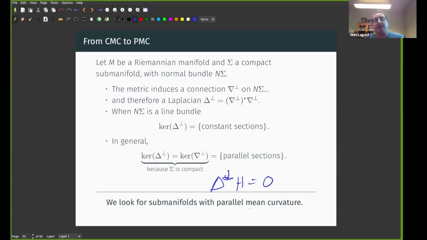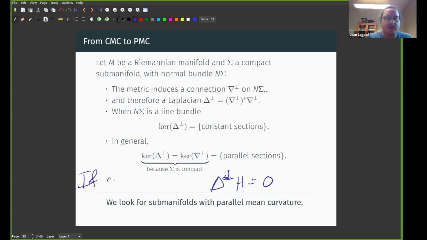And just like I was able to find constant mean curvature, I just had to find the right definition of what it means to have constant mean curvature. I have parallel mean curvature, and I will be able to find manifolds with parallel mean curvature in the same way. However, it's not so simple. And the reason why it's not so simple is that if